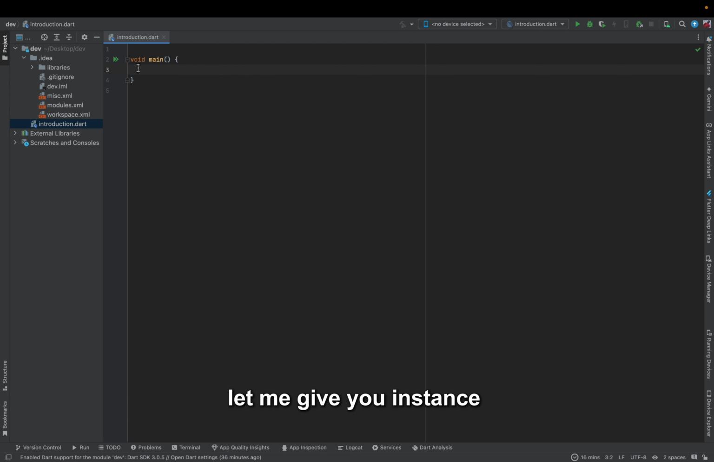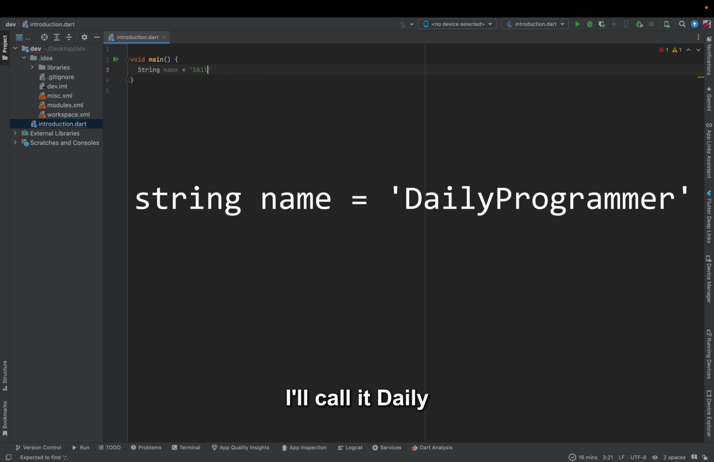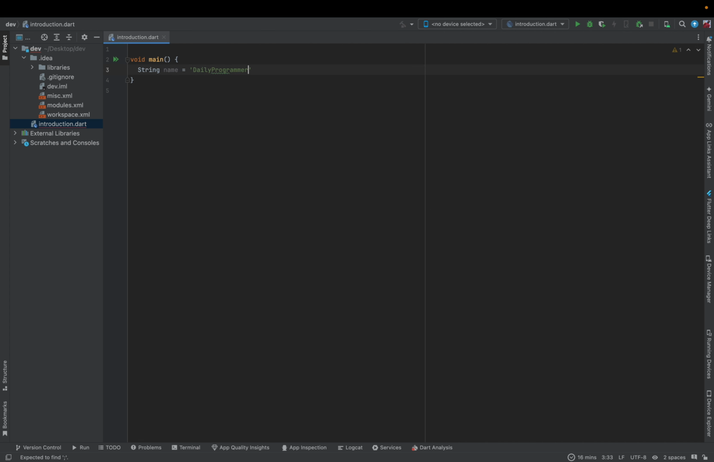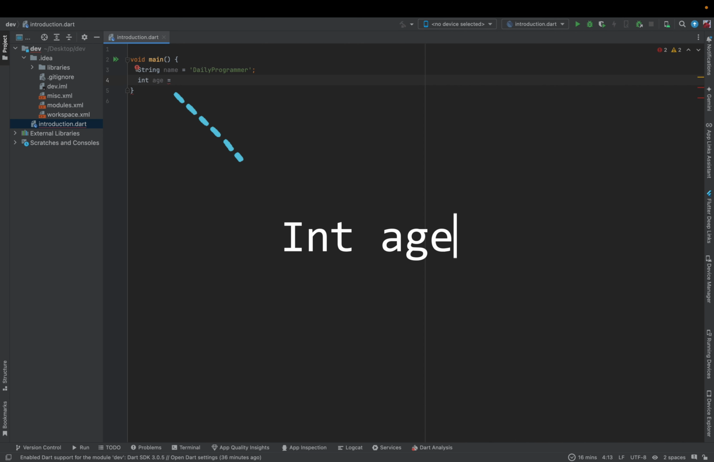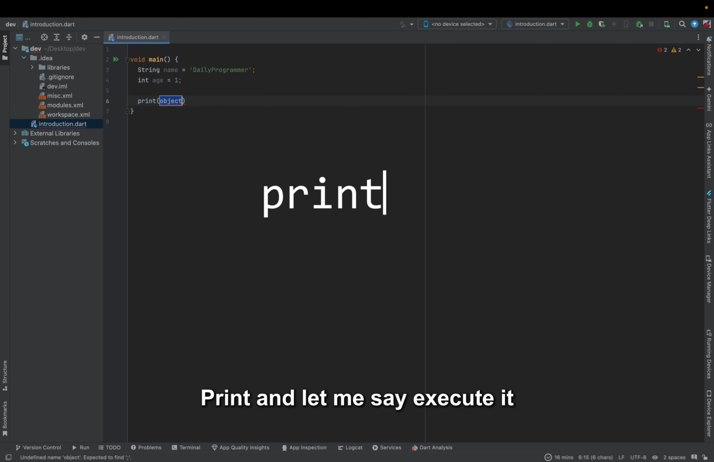So for example, let me give you an instance. I come here and say, okay, string name, I'll call it daily programmer, right? And I'll come here and say int age, I'll say 1 year. And then I'll say print, let me say execute it, name,